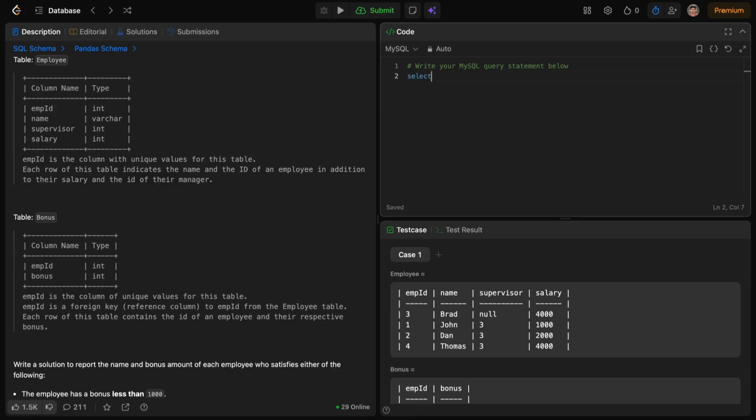So we have to join those tables. Select e.name, b.bonus from Employee e join Bonus b on e.empid equal to b.employee id,